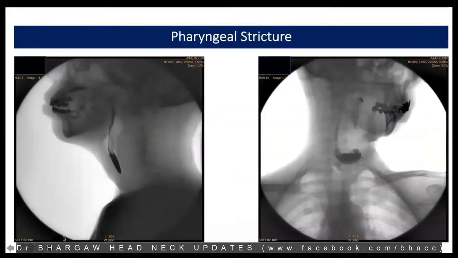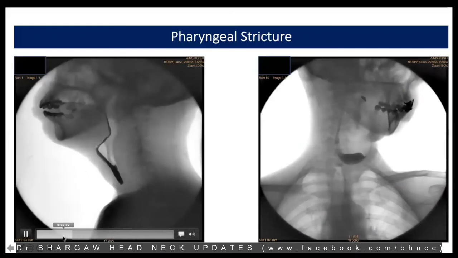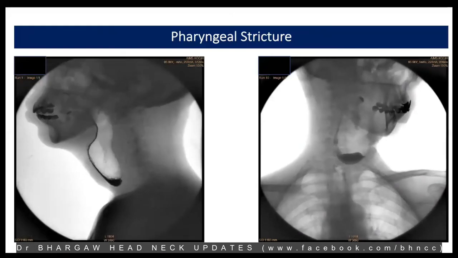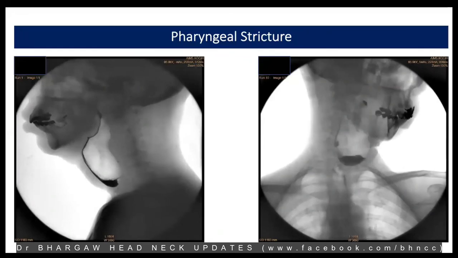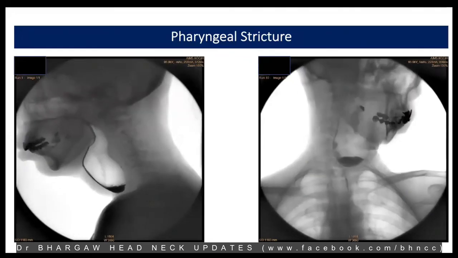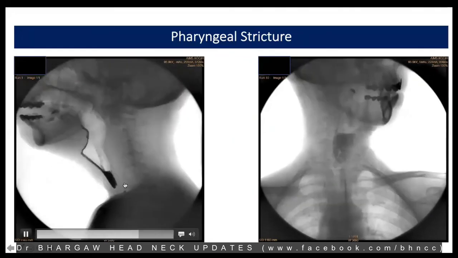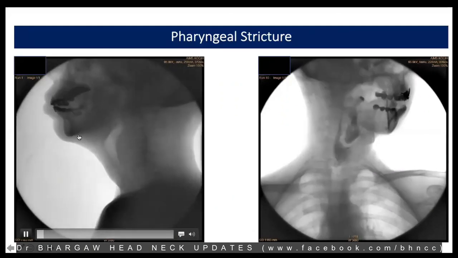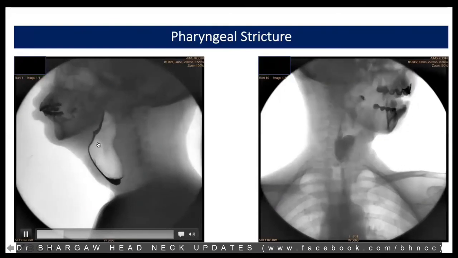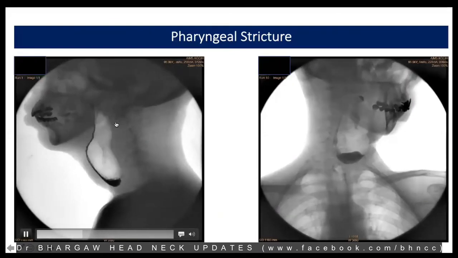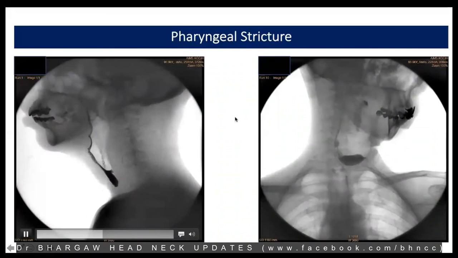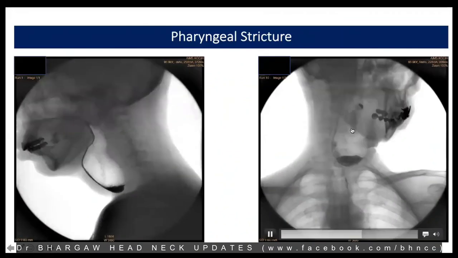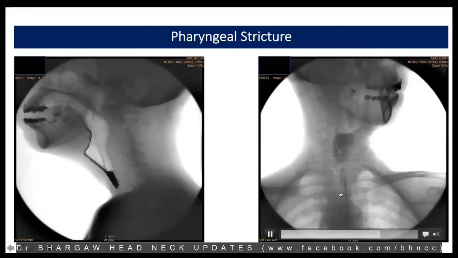And this is a pharyngeal stricture in a patient who's had a total laryngectomy and a reconstruction with a supraclavicular flap. But you can see that she has a stricture at the anastomosis site, where she's really trying hard to swallow. And you can see how the neopharynx balloons out like that. And when we made her turn her head to one particular side, you could see a trickle of the barium, contrast, going down.